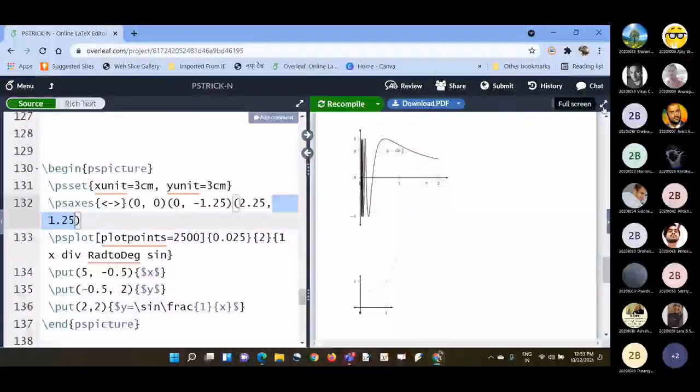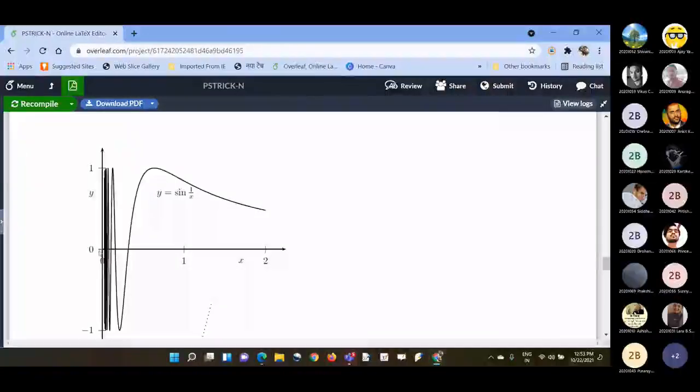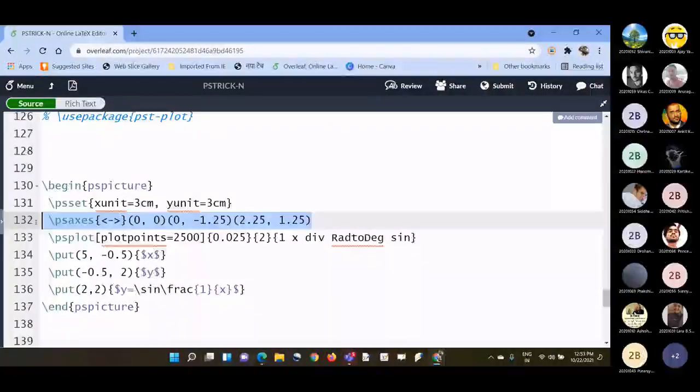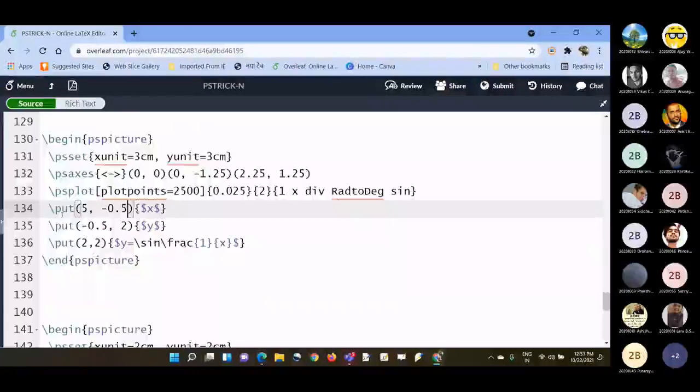For example, you can see here: the minimum of y is -1 and the maximum is 1 point something, maybe, or it is going below -1. And x is starting from 0 to 2 or 2 point something. You can see from here, it is starting from 0 to 2.25, and the y-axis is from -1.25 to 1.25. So this is how you can make axes in PSTricks.